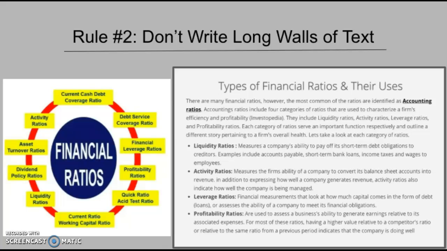Research shows that if a website exceeds more than 3 squirrels, viewers are less likely to read the content at all on the rest of the page. To avoid having too much content, I followed rule number 2, don't write long walls of text, and rule number 4, don't repeat yourself. At times I felt like my text was pretty long in length, but I was confident that the content I provided was just enough information to assist students with little to no understanding about financial ratios